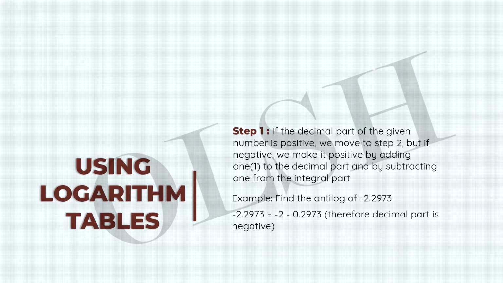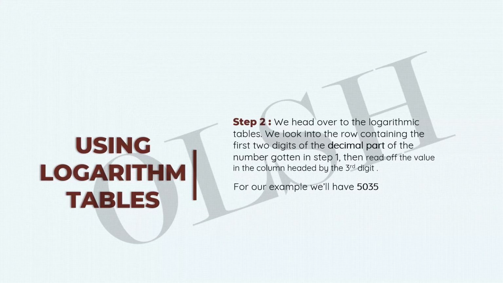So therefore, we can't move on to step 2 yet. We have to add 1 to the decimal part and subtract 1 from the integral part. So if we do that, we're going to be getting -3 plus 0.7027, which would give us -3.7027. Okay, so for our example in step 1, if we go to the logarithm tables as step 2 says,